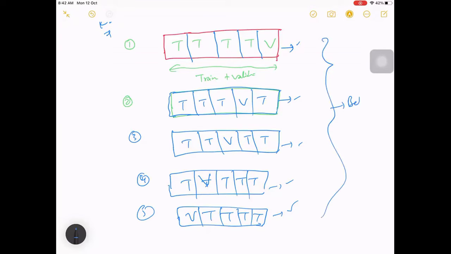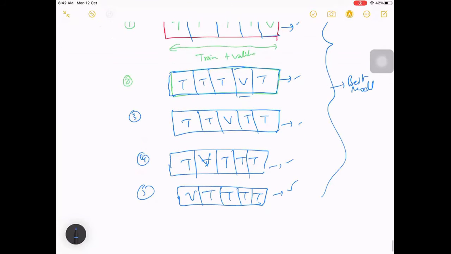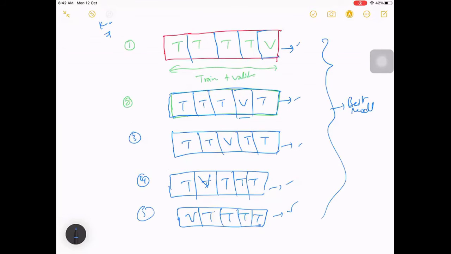We take the best model out of these 5, which has better validation accuracy, better performance on these validation checks. So we take that particular model as the best model. And what we also have is, in case of new data, we can get some sense that your error will be within this range. Okay, so let's go into that part.